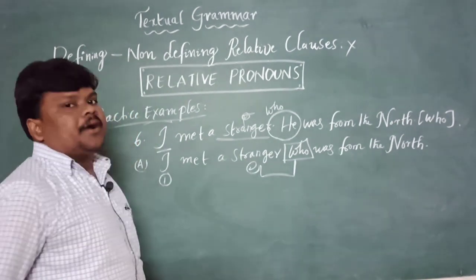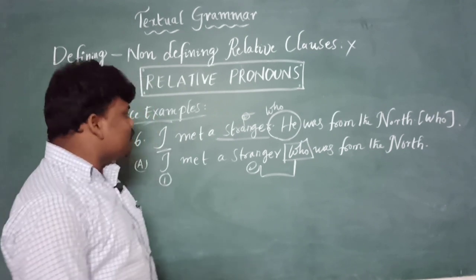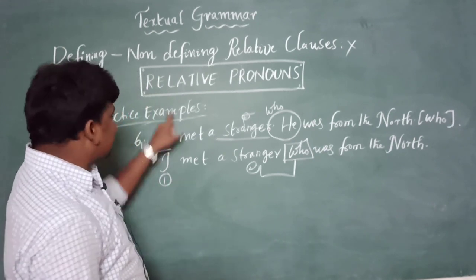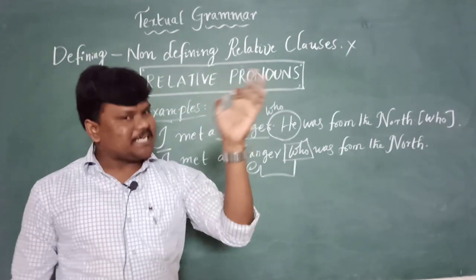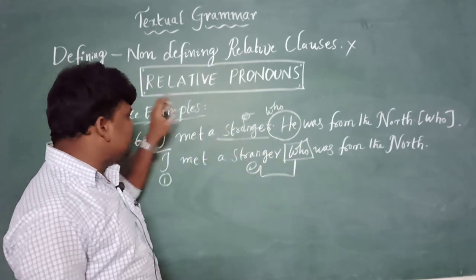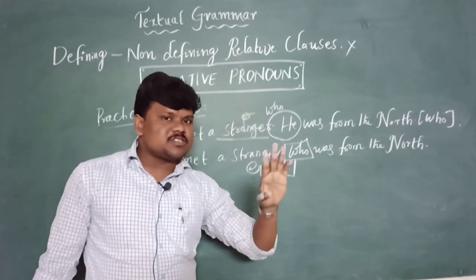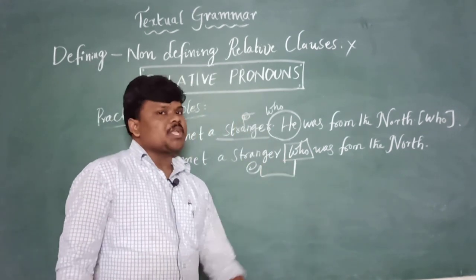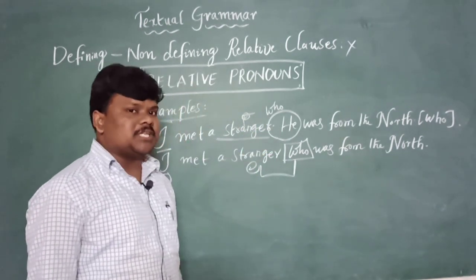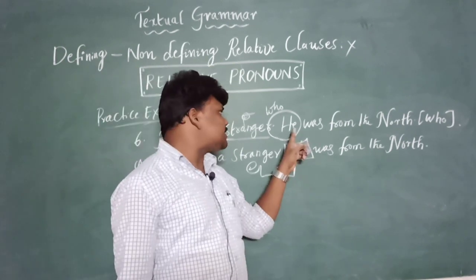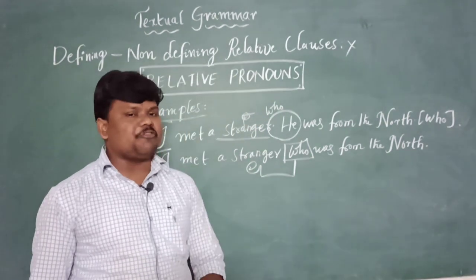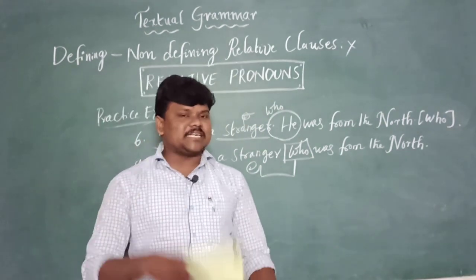I hope you understand this session, and we will meet in the next class. Once recall: relative pronouns are three, which is very important for your board examinations. Who, which, that. Who always follows persons; which and that always follow things, places, animals, etc. If two persons are there in the first sentence, the second person follows who, and we need to remove the second sentence pronoun, whether it is at the start, middle or end of the sentence. And I'll teach you the remaining which and that, how we need to combine two sentences when the first sentence comes in the form of things, places, animals.